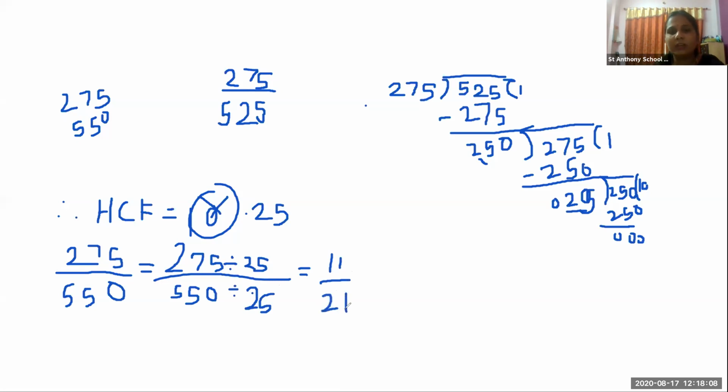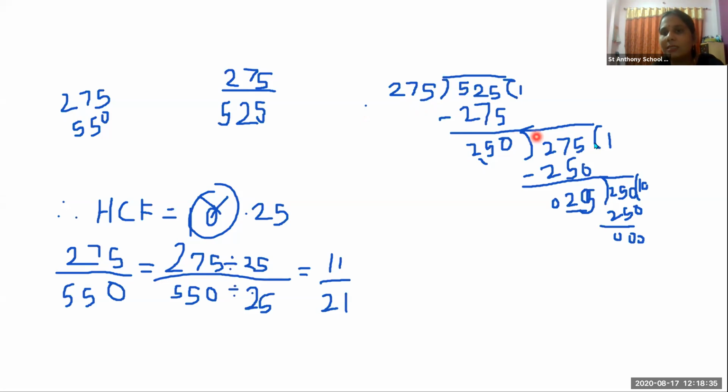Understood everyone? Again, I repeat this. Please pay attention everyone. First the number was 275 by 525. Then I divide this 525 by 275, right? Now 275 ones are 275. And then I got the answer 250 after subtraction. Clear everyone? Yahan tak? Then again I will take this 275 to this side.